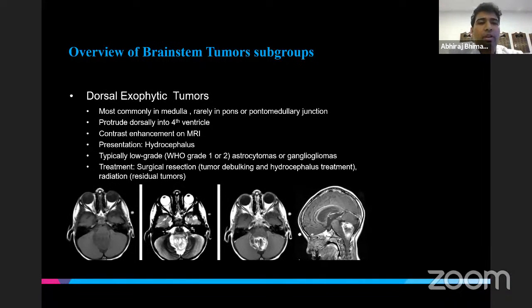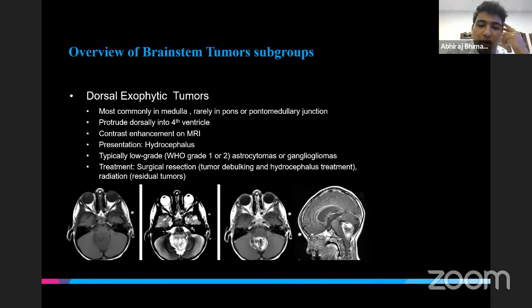The next category is dorsal exophytic tumors. Their name is very self-explanatory. They're most commonly found in the medulla, but they can also be found in the pons or pontomedullary junction. You can see the MR imaging here. They're protruding dorsally into the fourth ventricle, and generally present with signs and symptoms of hydrocephalus, failure to thrive,